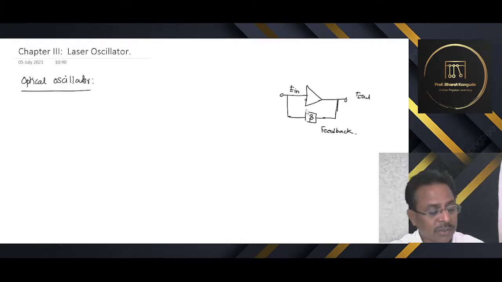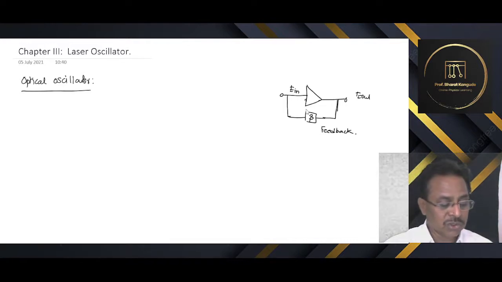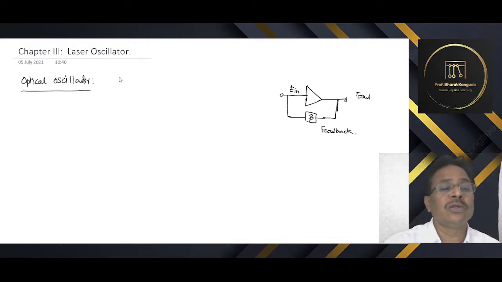If we have to use such a closed cavity at light frequency, which is the case of a laser, its dimensions should be of the order of the wavelength of that light, and the size will be less than 0.5 millimeters. Preparing such cavity oscillators is a very big problem, for electronic oscillators or optical oscillators too. It is not possible to fabricate such micro cavities of very small size, and a solution was provided by Townes and Schawlow.